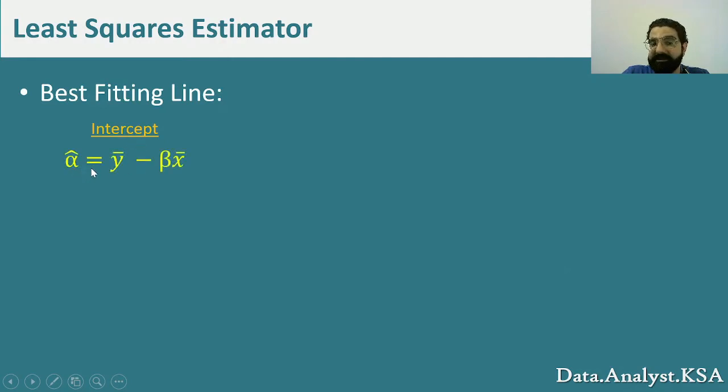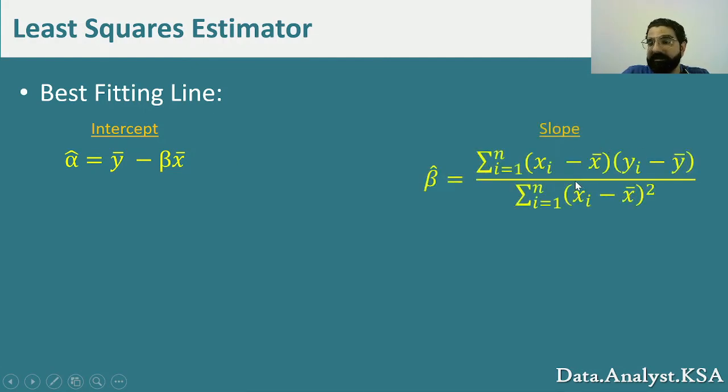And the alpha is going to look like this, the alpha hat. And we solved for the slope, which is the beta hat, and it's going to look like this. And as we said, this representation is also represented in another way, and we call this S of xy, and we call this S of xx. So S here represents the sum of squares.